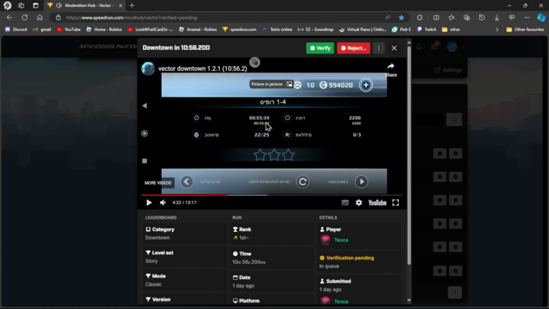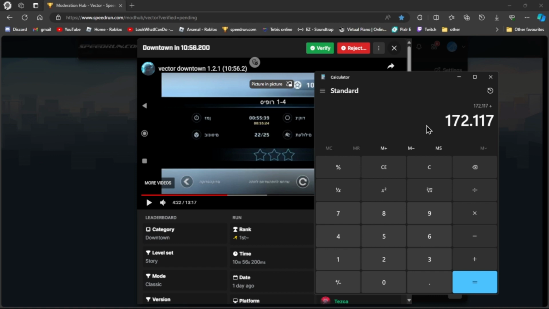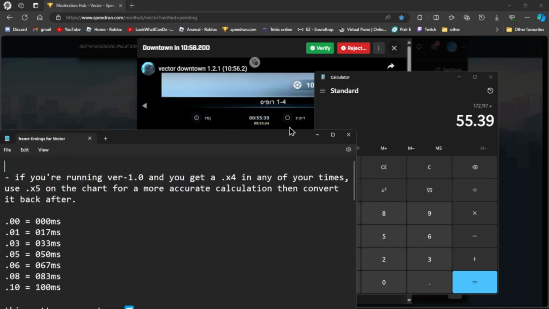Okay, so here we have 55.39, as you will see in 1 second. If I put this into the calculator, we look at our chart here. For the next few seconds, I tried explaining what on earth the thing was. So